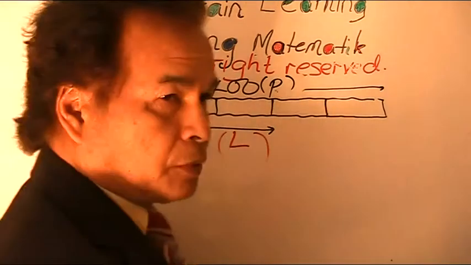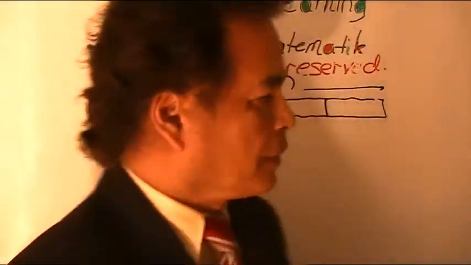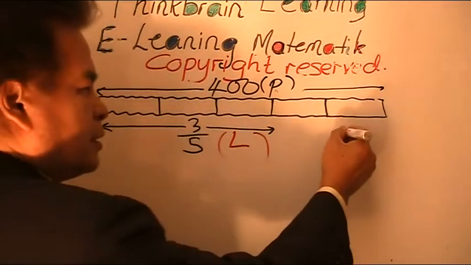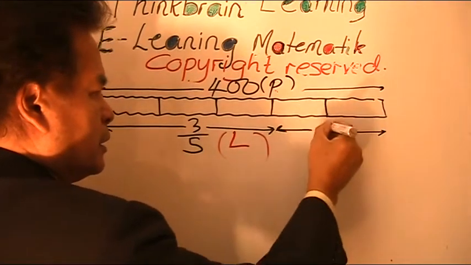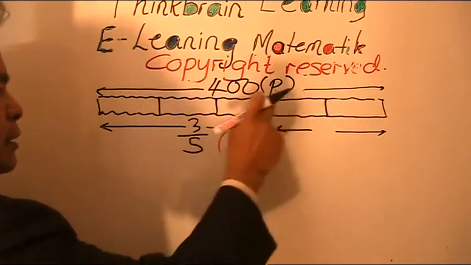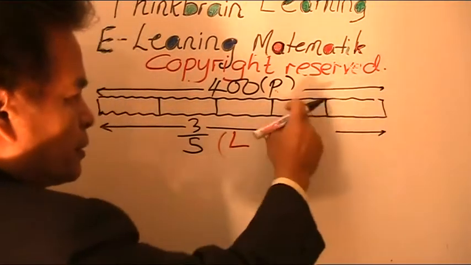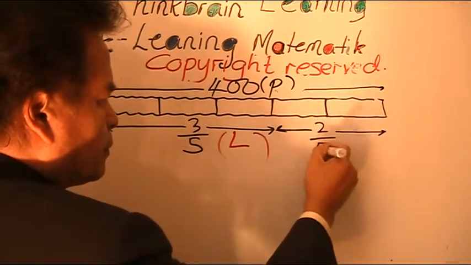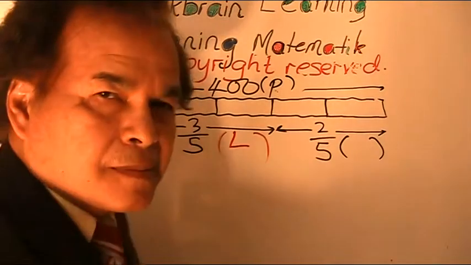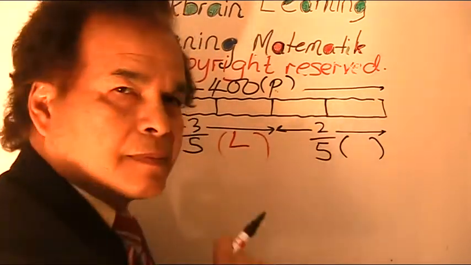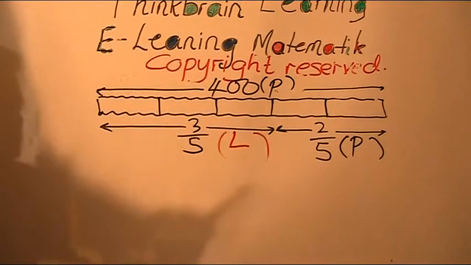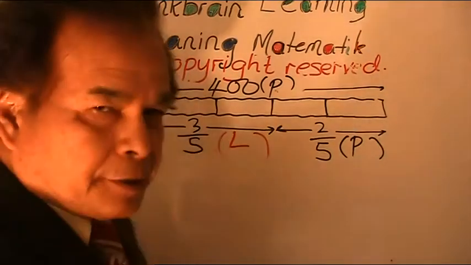So there are several ways of solving these problems. Okay, cara banyak cara. Satu yang ringkasnya ialah kita cari jenis 3/2. Berarti kalau sini 3/5, sini berapa per 5, berapa bahagian? Ini 1, 2, 3, sini 1, 2. Kira 2 parts ya, 2 parts, so it's 2/5. So what should I put here? Apa yang sepatutnya di sini? Lelaki ke perempuan? Right, perempuan. Right, that is what is asked in the question.